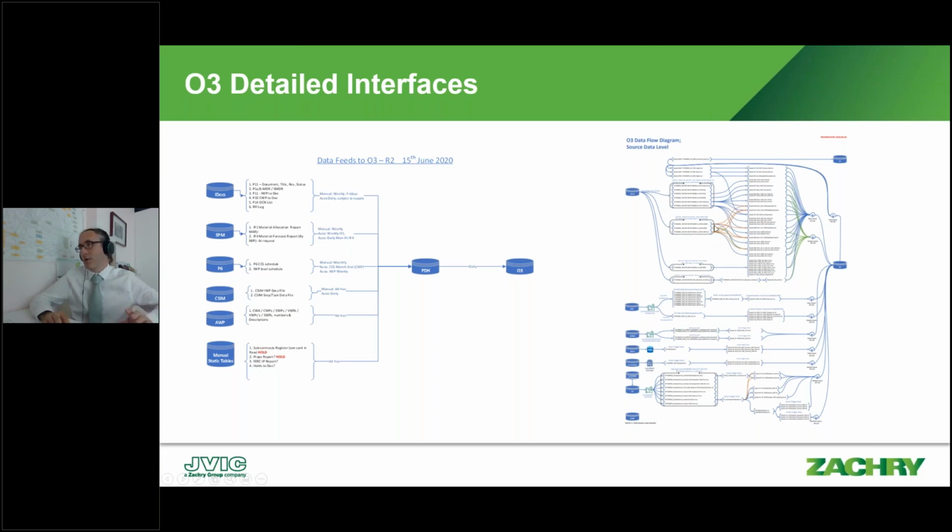The diagram on the right is where we are now, and as you can see, we've had significant growth in the number of files that are moving from systems on the left, the source system, to the O3 system on the right. Apologies that the resolution is not brilliant on this, but you can have a closer look when these slides get issued out. On the left, we started with about 6 different source systems. Material management was core, documents, the P6 data, and then 3 others, model data from the Construct Sim modeling software.